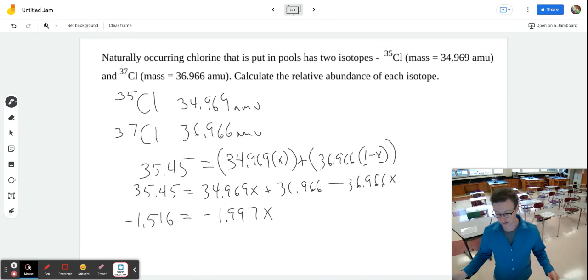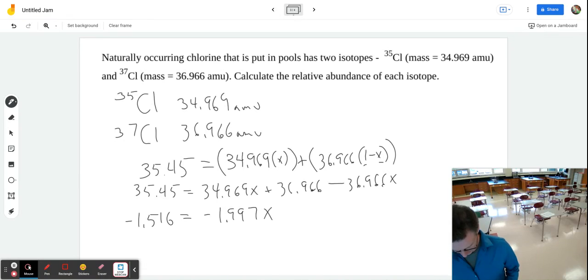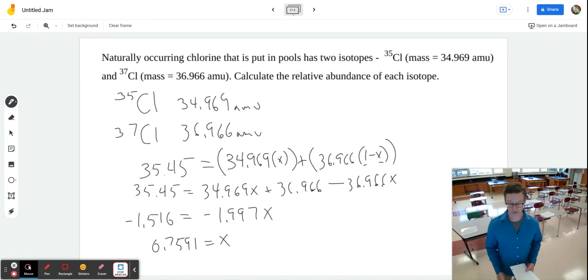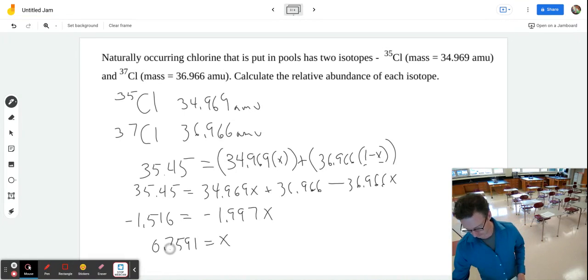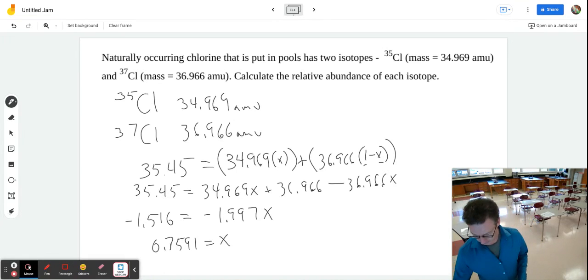If I divide both sides by negative 1.997, I find that 0.7591 equals x, because the negatives cancel each other out. I'm going to end up with a positive answer. And if I put that into a percentage, that would be 75.91%,